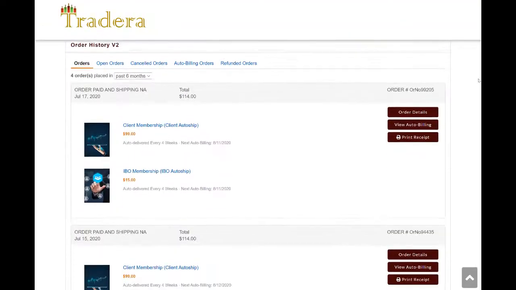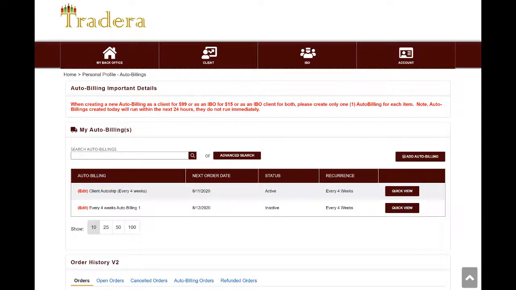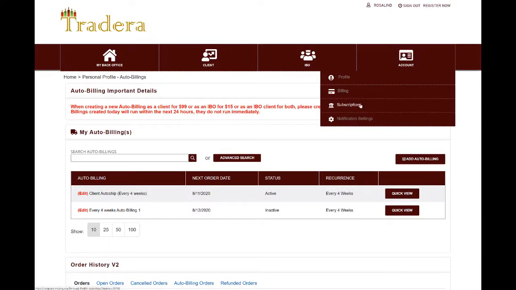And here you'll see I have the auto ship for the client membership as well as IBO. And this is where I can view the billing, make changes, get the details, all those kinds of things can happen there. Okay, the very last one is